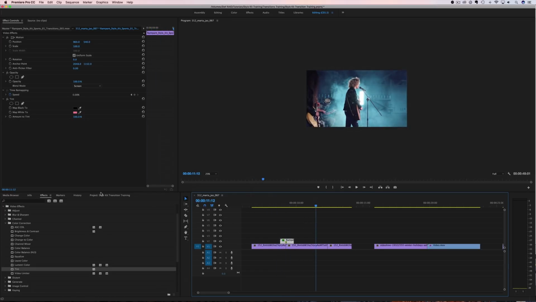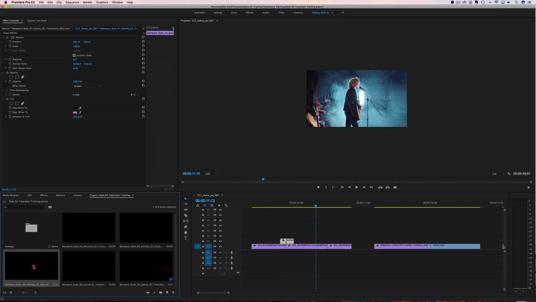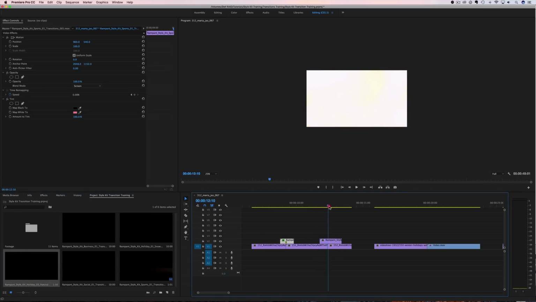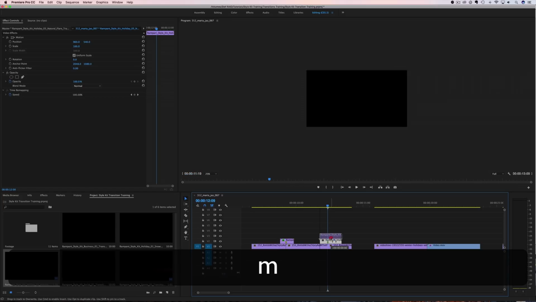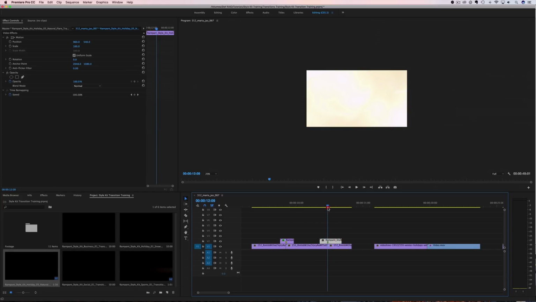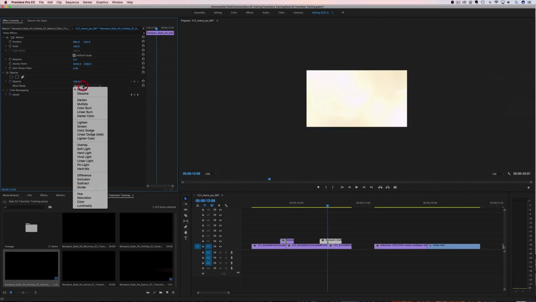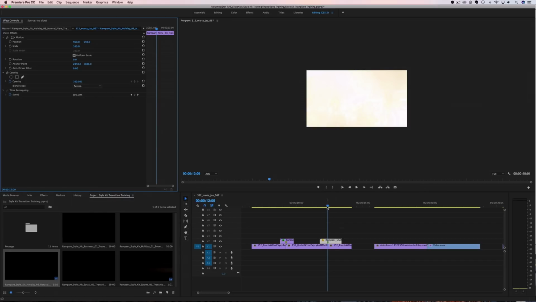And we're going to add it over here. Let me go back here and grab it. So we're going to take this one right here, grab it, drag it, drop it in. Then we need to find our marker, our point in here where it's the brightest, and that's about right there. And I'm going to add a marker there. And then I can line that marker up right with my edit point. Come up here, change the blend mode from normal to screen. And now if I roll that through,